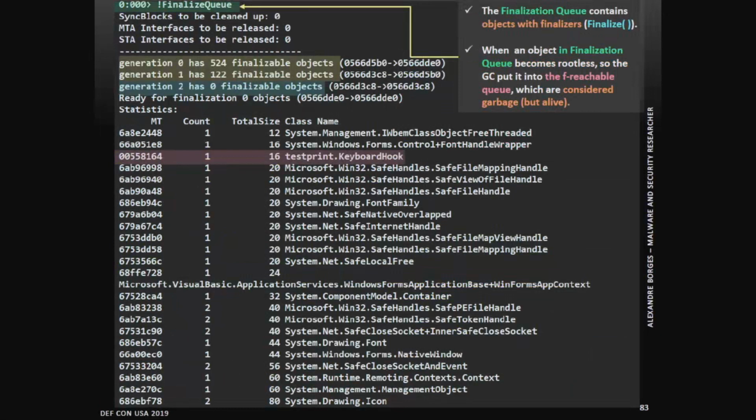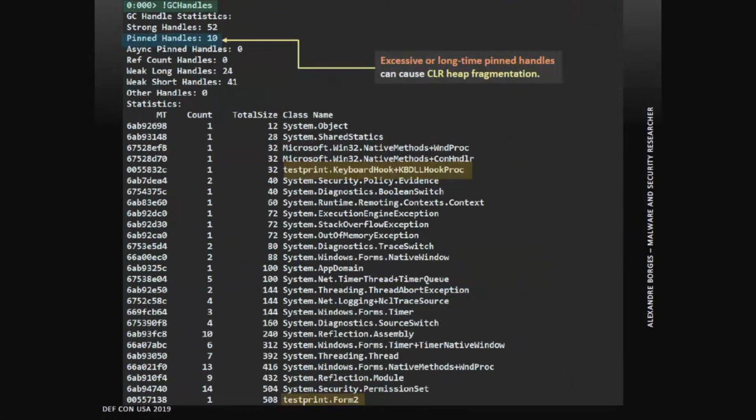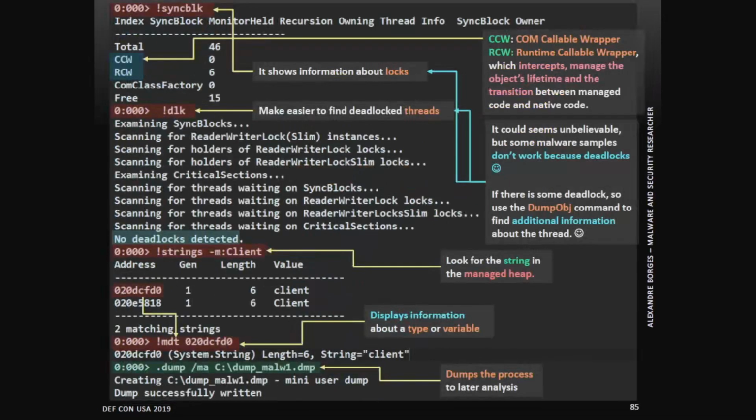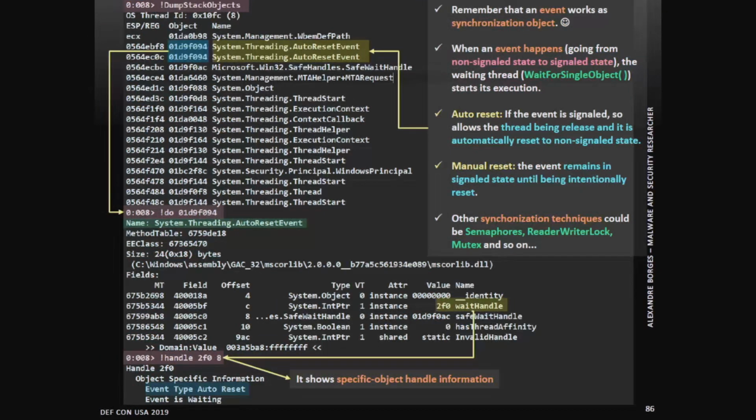I check the finalizer queue to find something interesting. I check the pinned handles because some malwares cause strong heap fragmentation. I check again some problems with locks and deadlocks. I try to find a string inside the managed heap. At bottom, I dump the malware from memory. And finally,